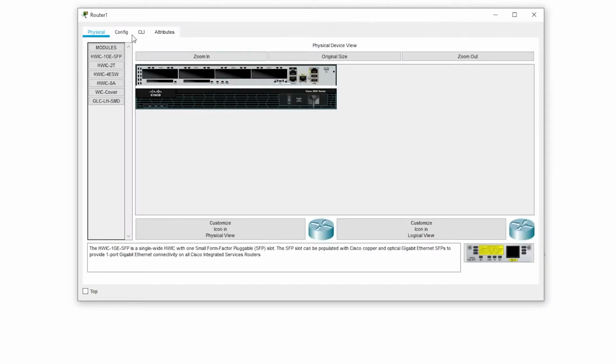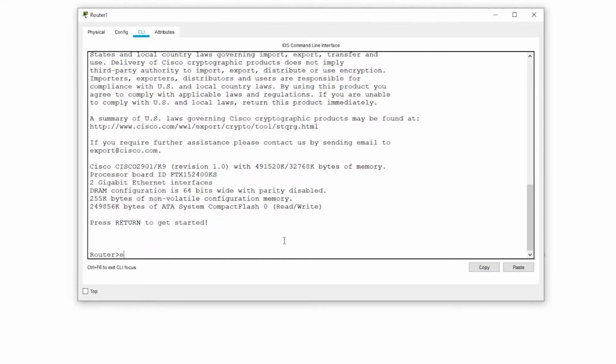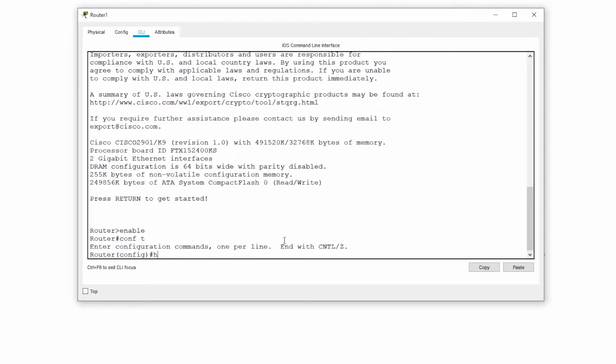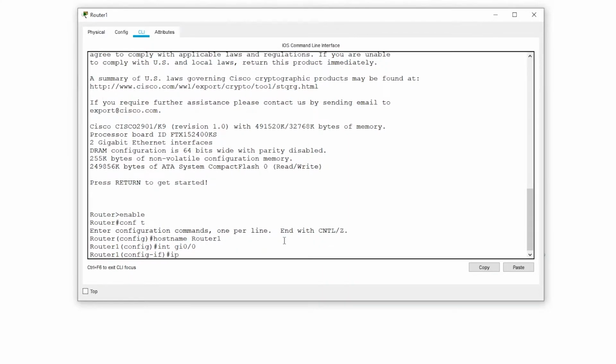Okay, router 1. Enable, conf t, host name router 1. Gigabit interface 0/0, IP address 192.168.55.2.